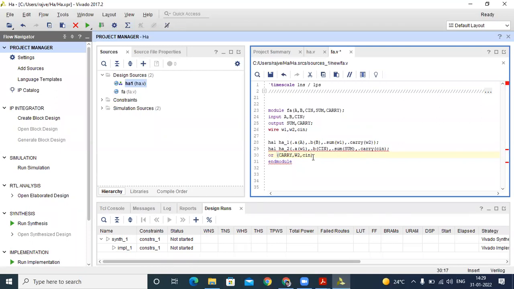After that, this one W1, sum, after carry. Okay.